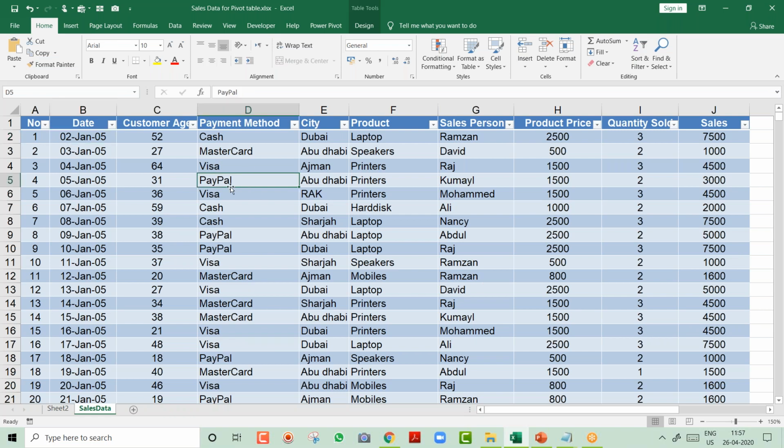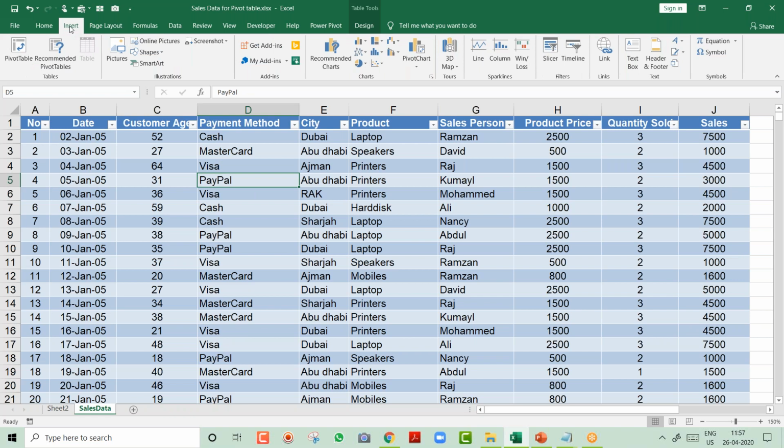So I will put my cursor inside the data, friends. Again, I will go to insert. Kindly explain slicer using pivot. Yes, Muhammad Wasim, I will go into slicer in detail. And not only the slicer, I'm also going to explain the concept of timeline. Not only the timeline, I'm also going to explain the report connection, and you will be amazed. Okay, wow, this is something very, very interesting. But you have to wait for a few minutes, my friends, till the time I come to that.